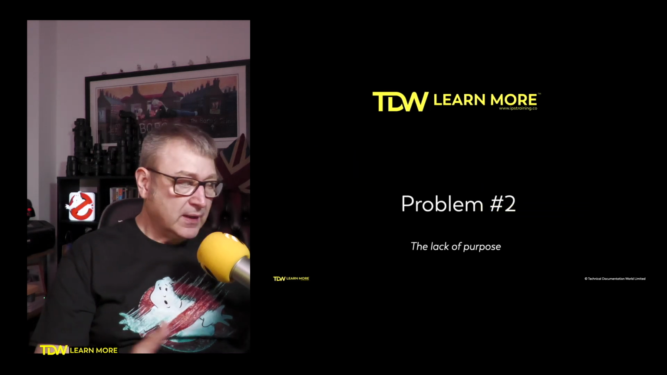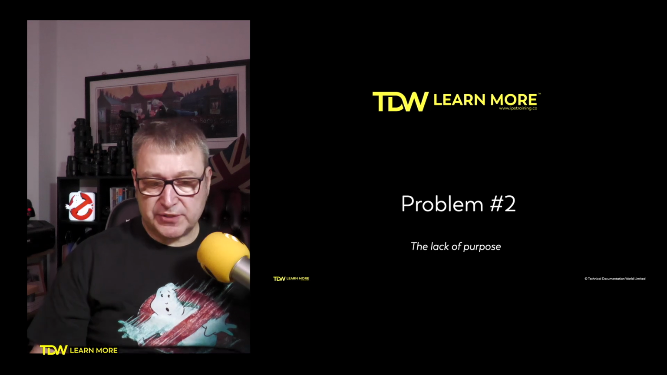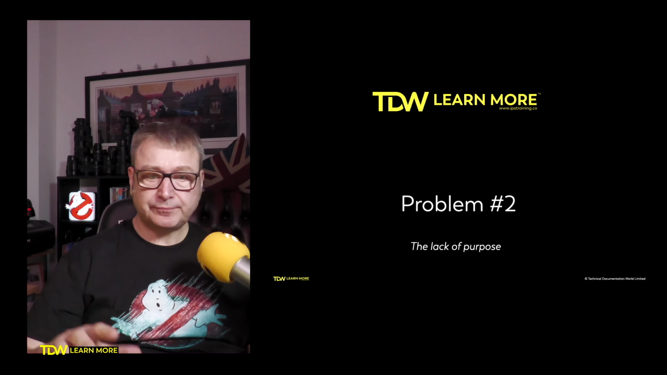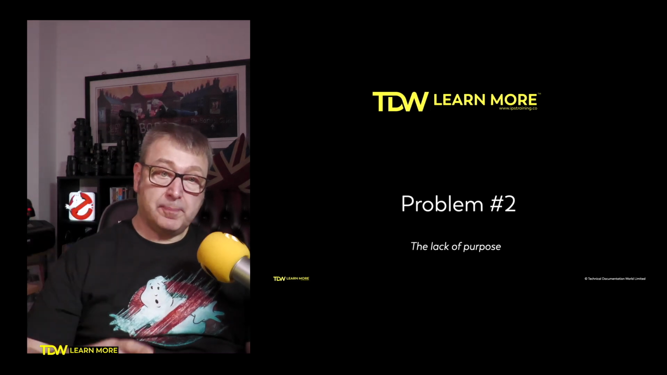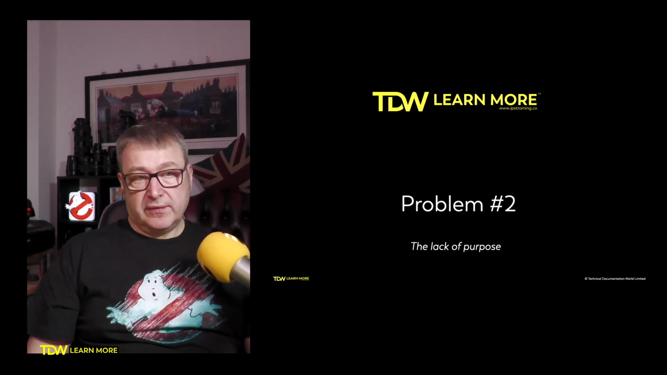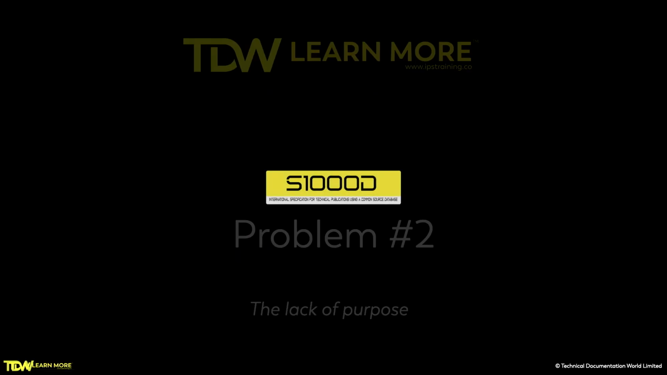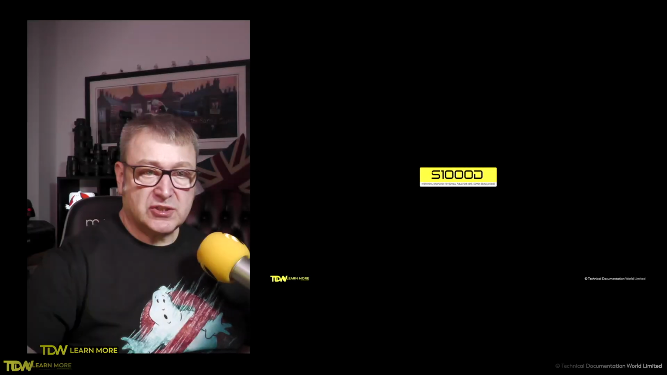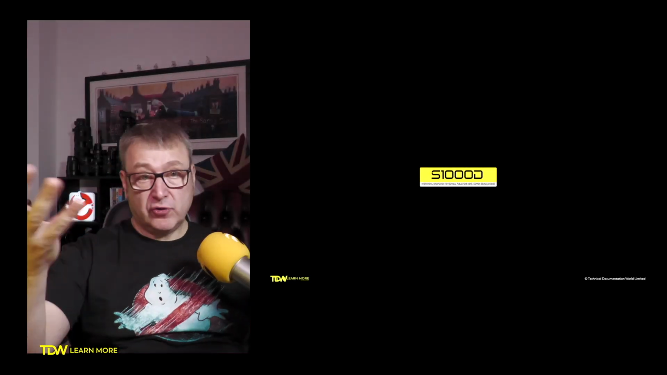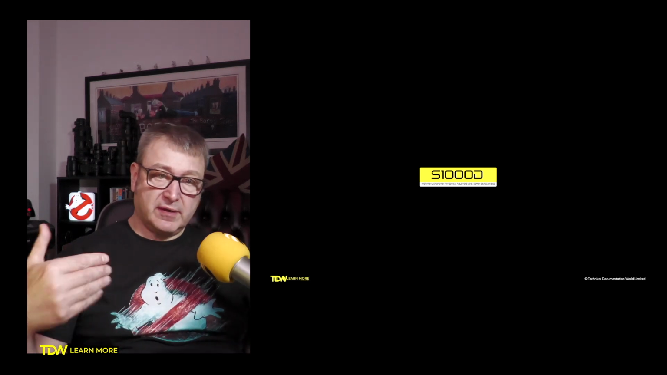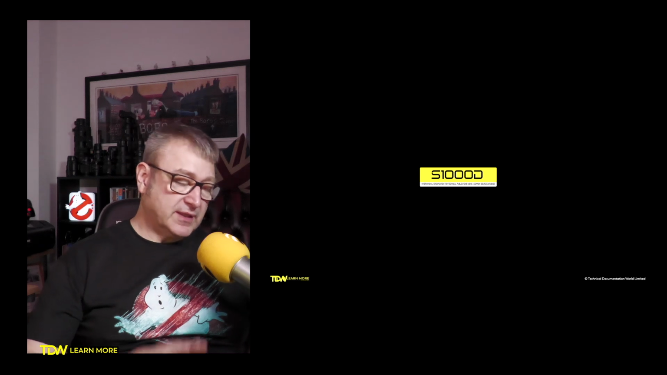Problem number two is that there's a lack of purpose of what we're doing, not just because it's S1000D, but because of a lack of purpose around what we're doing with technical documentation. So if we start looking at some of this in a little bit more detail here. So if we look at a typical S1000D implementation, and I know that there are, I've already mentioned it here, that there are some that are starting new projects, there are some that are inheriting projects, some that are doing upgrades to projects and those kind of things. So anyway,